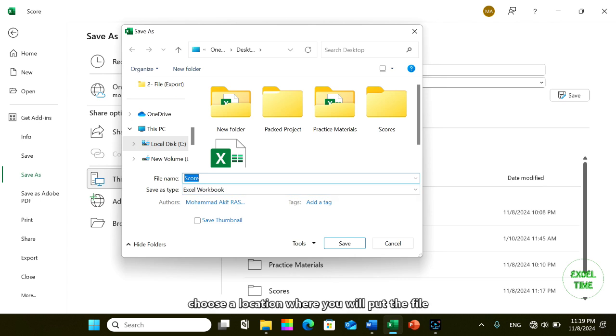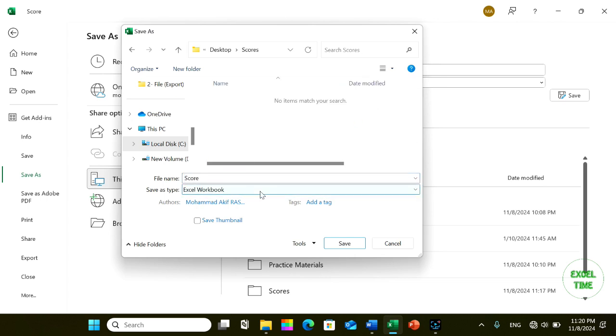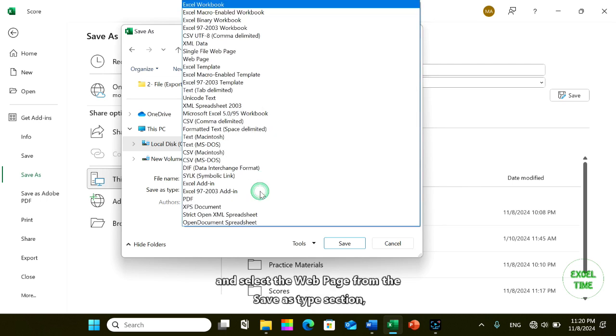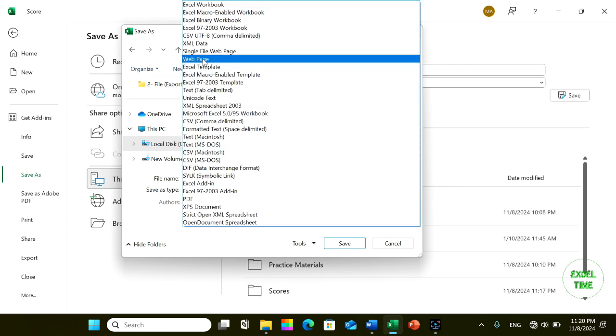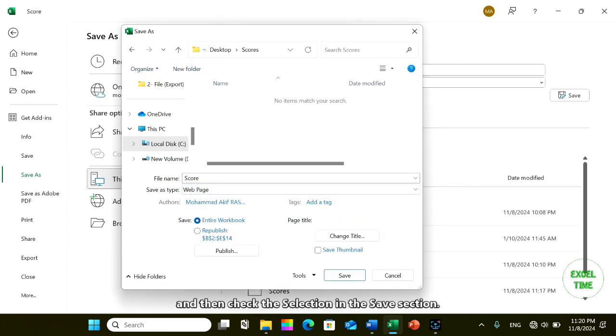choose a location where you will put the file and select the web page from the Save As Type section, and then check the selection in the Save section. Then click the Save button